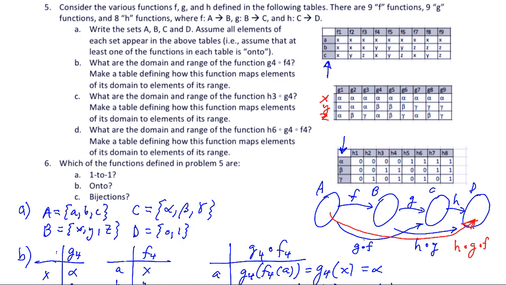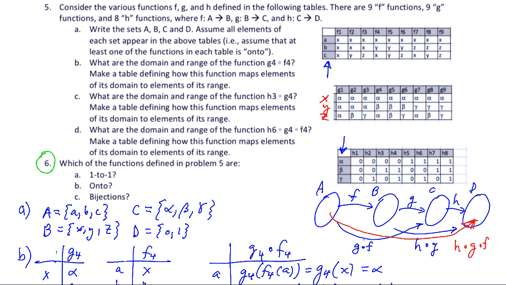Okay, in this video I'm going to do problem number 6 shown here. You can see all over the screen the remains of problem 5 from the last video. But in problem 6 we're just asking which of these functions, 18, 26 of them, are one-to-one, which are onto,